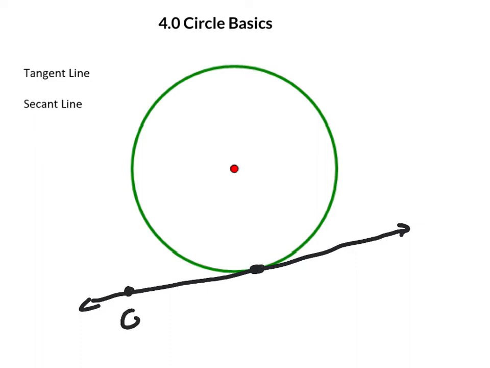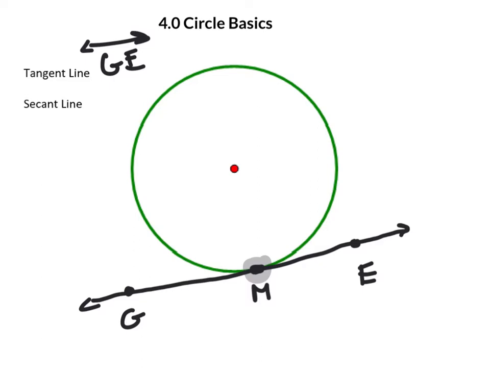So if I had, let's call this line GE, that would be our tangent line, GE. And it strikes it at a location, let's call that M, I guess. This point M right here, this is known as the point of tangency,